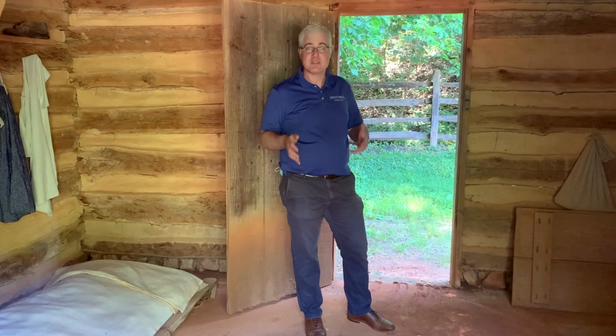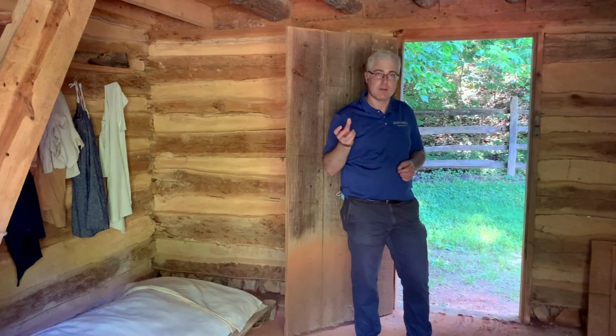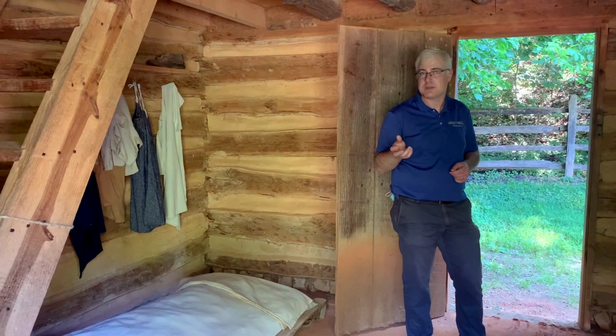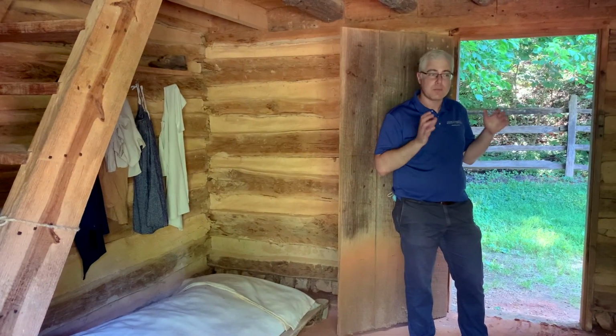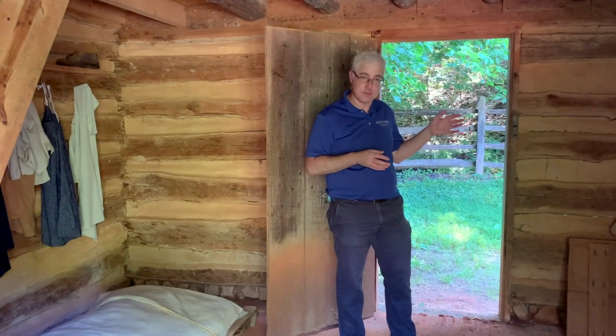So we're actually inside the cabin now. We've spent a lot of time talking about the exterior space. This provides us an opportunity to look at a reconstructed interior space. Among the items inside the cabin are certain things that we might find archaeologically, and I'll point those out in just a second. But one of the primary things that we actually find archaeologically, if we're lucky, associated with such